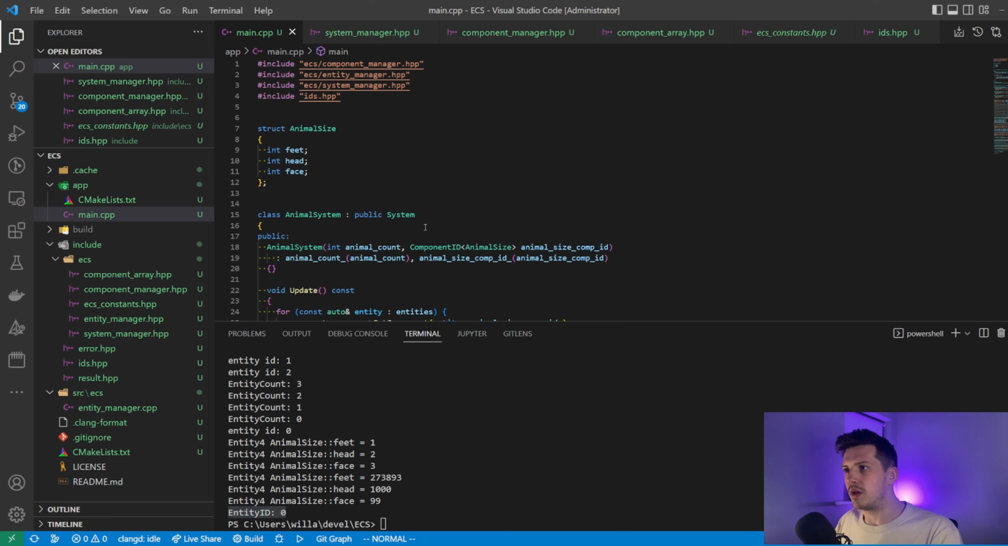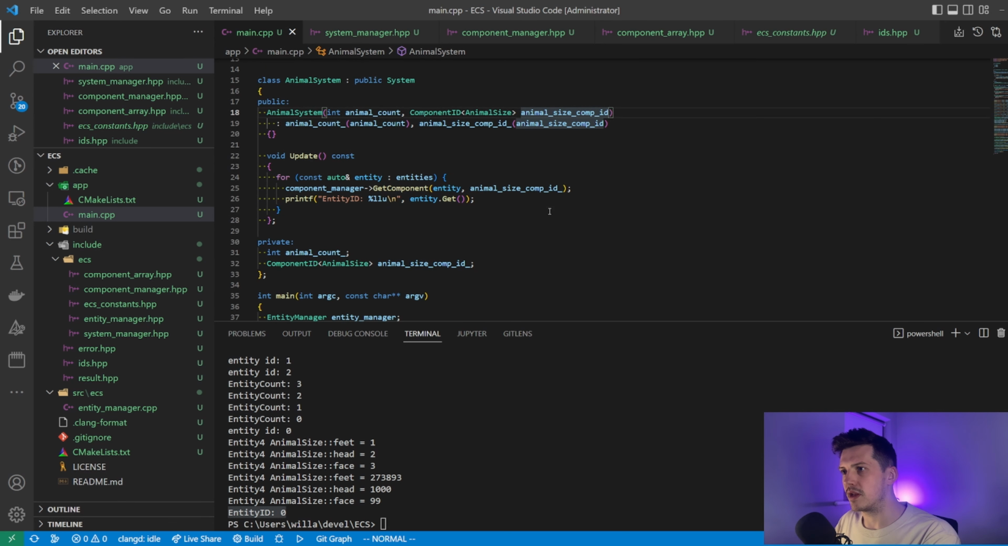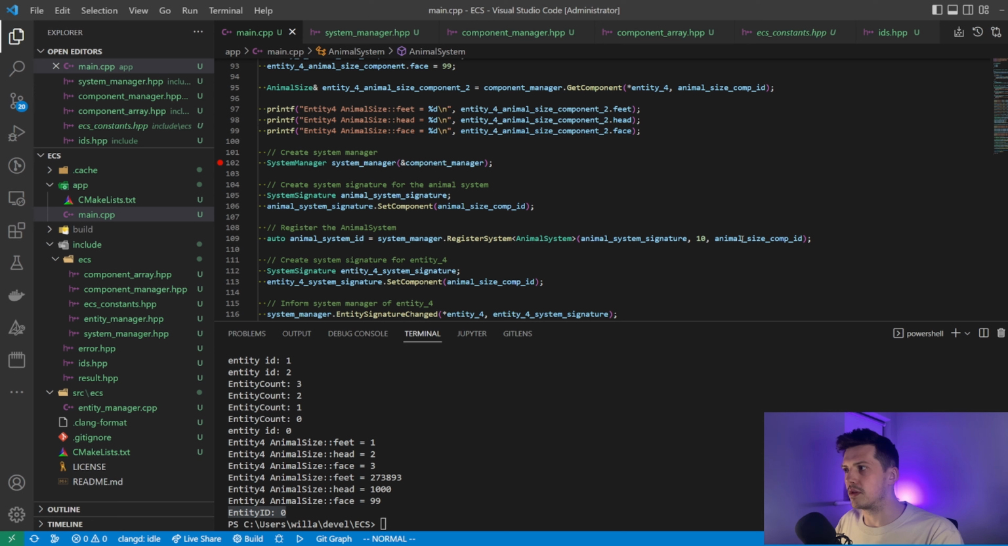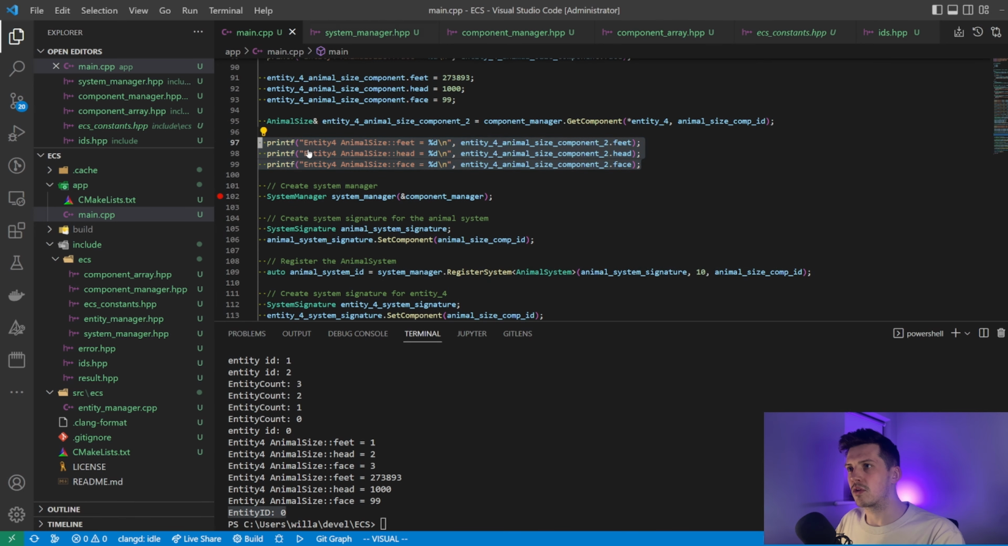So what did we do there? We changed the constructor to take all of the component IDs that this system is interested in, so that when we iterate over the entities, we can actually pull the component out of the ECS and get the information we want. So you can see here that we passed that component ID into the animal system, and we should now, if we just copy this,